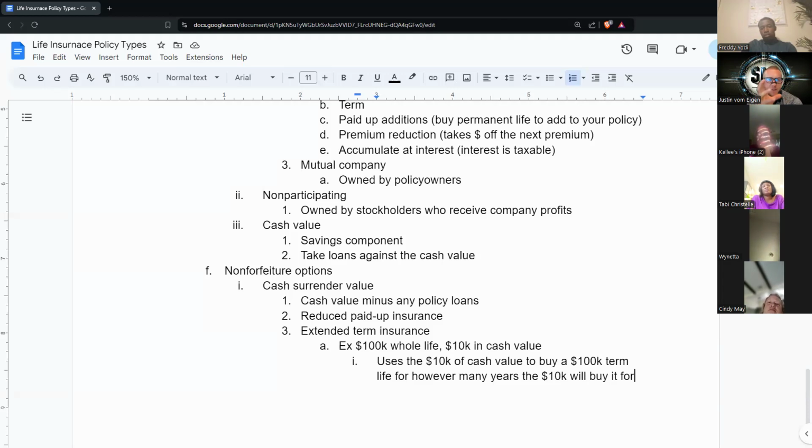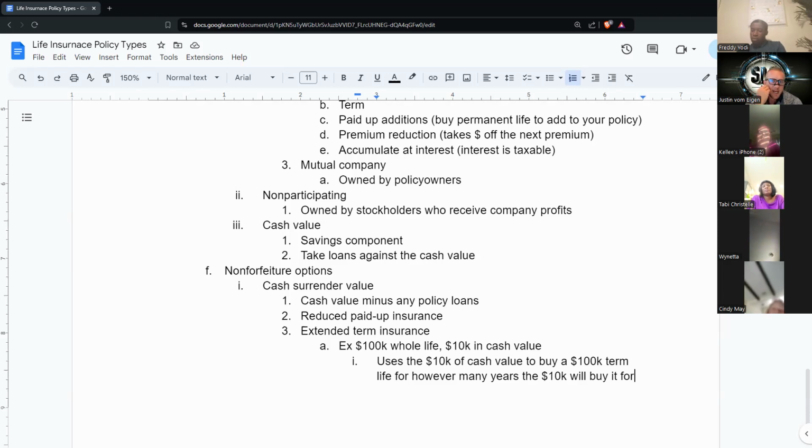So those are the options that you can use with cash value. You can either take all the money that's available, cash out, that's it. It's only taxable if the amount that you take is more than what you've paid in. It's only a taxable event because then you have to declare a profit, right? Other than that, it's just premiums you're getting back, essentially.